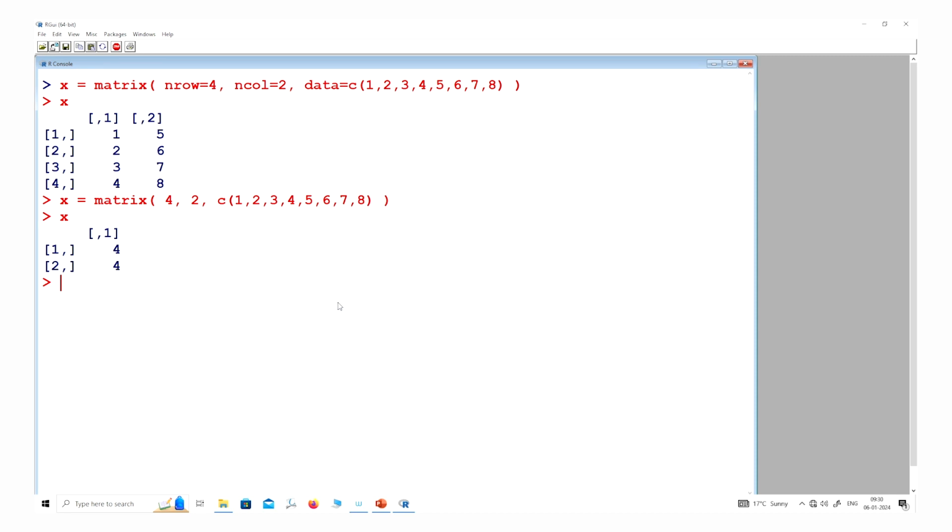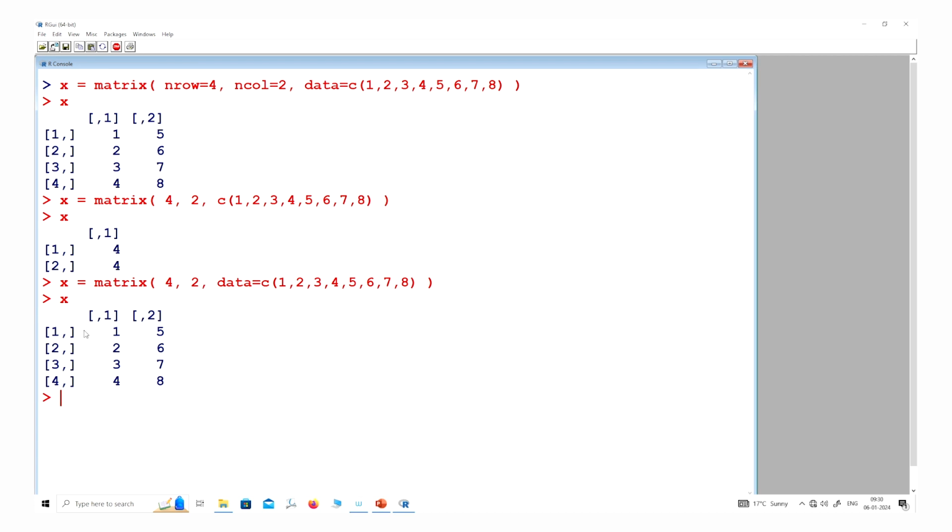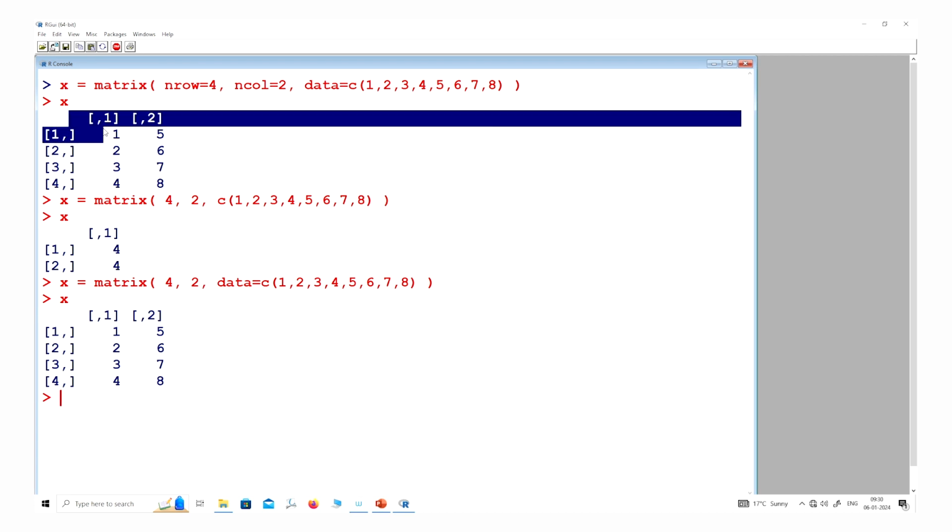So you have to be very careful that you should not go for a shortcut, but I always recommend that you write down this nrow, ncol, all these values very carefully. And for example, if I write down here data equal to this, then what happens? You can see here, it is giving you the same matrix.